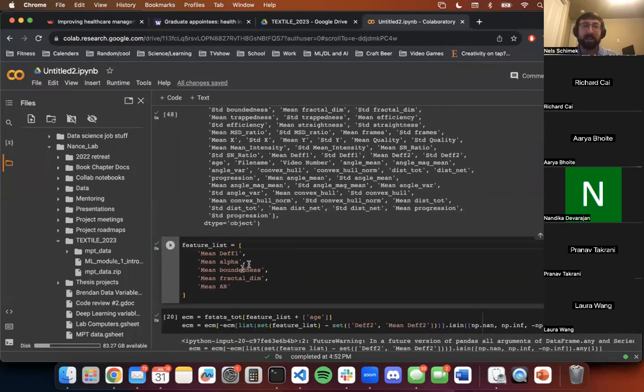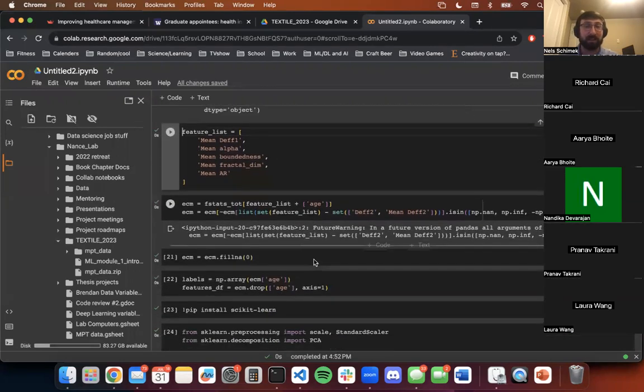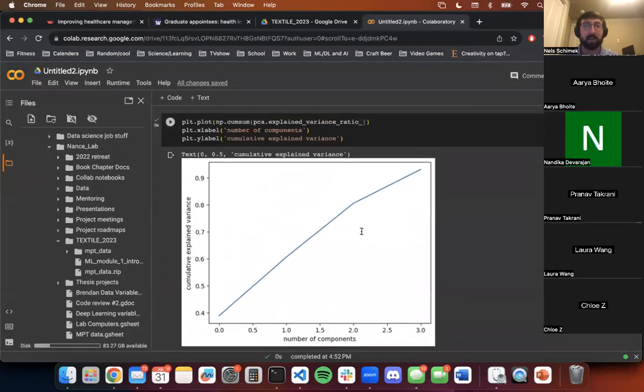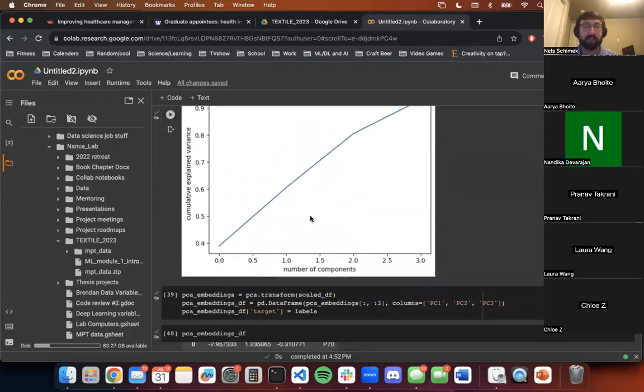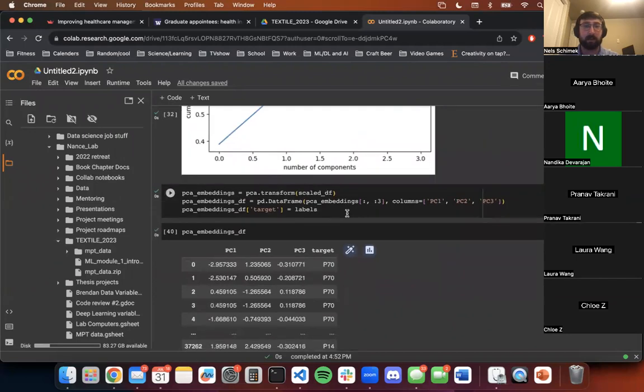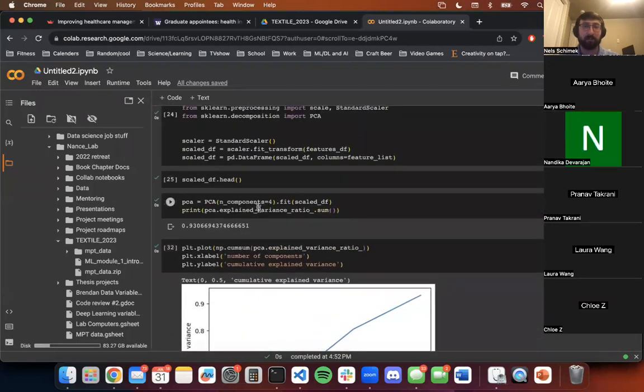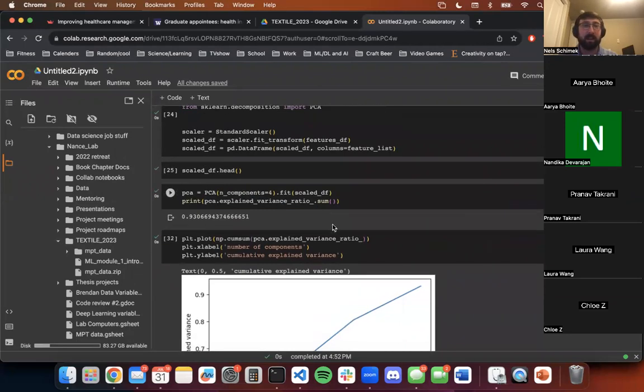So then try adding some more here, get up to like 10 or 12, and then go through the same process and specifically scale it and look at the cumulative summation. And then do the actual piece, the component fitting, and see if by